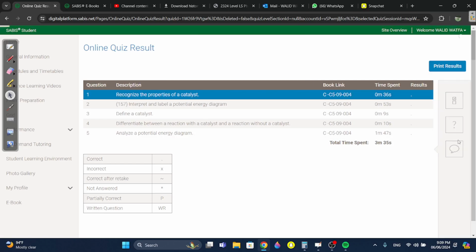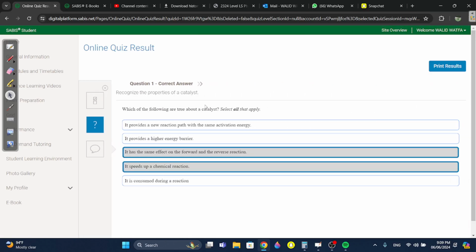This is chemistry 9.5 and 9.4. What are true about a catalyst? Okay, this is all in the notes. Please make sure to go over the notes. Catalysts